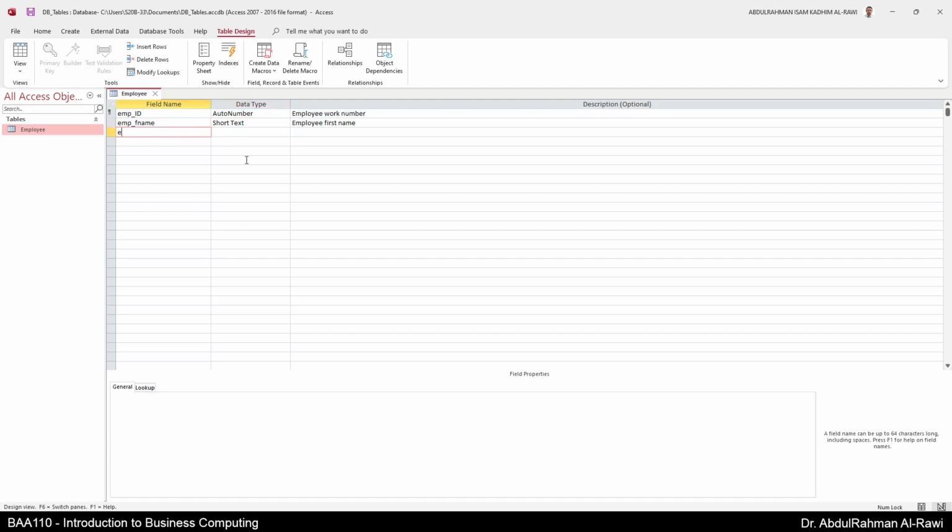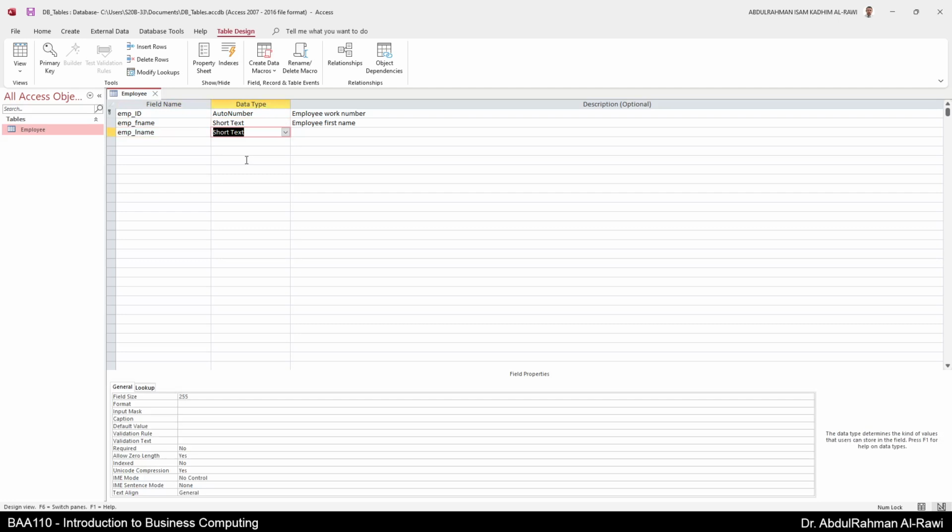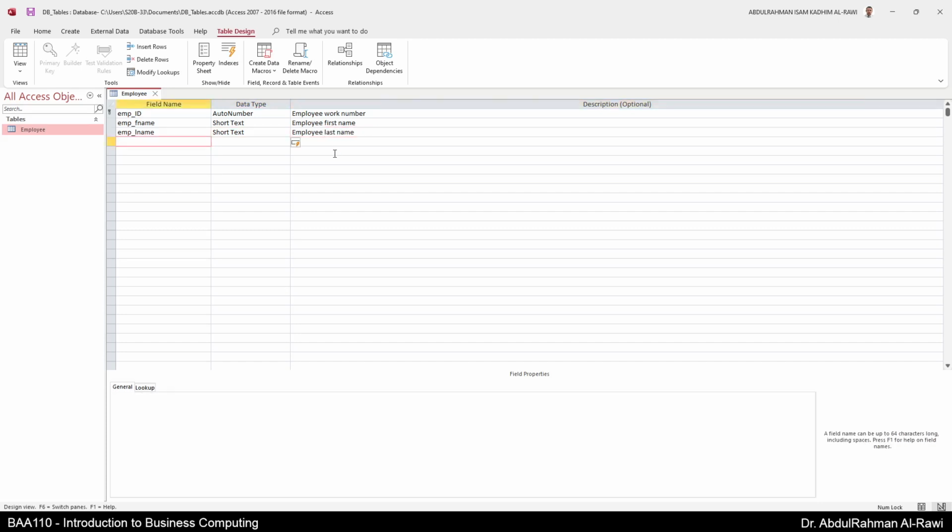Now I'm gonna write imp underscore last name, and it's gonna be short text as well. It's gonna be 25, required, and I'm gonna write the description last name. Okay, and then I'm gonna write imp